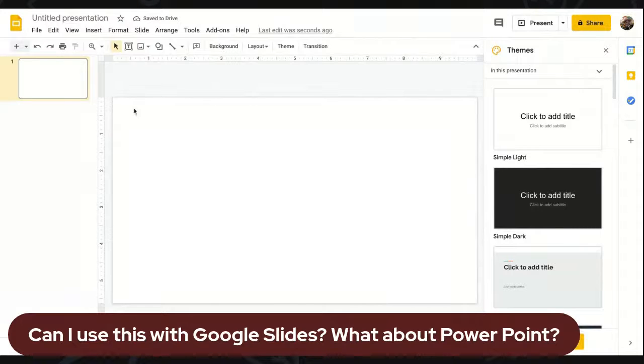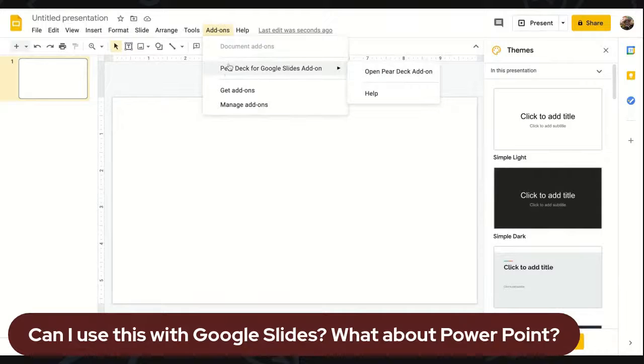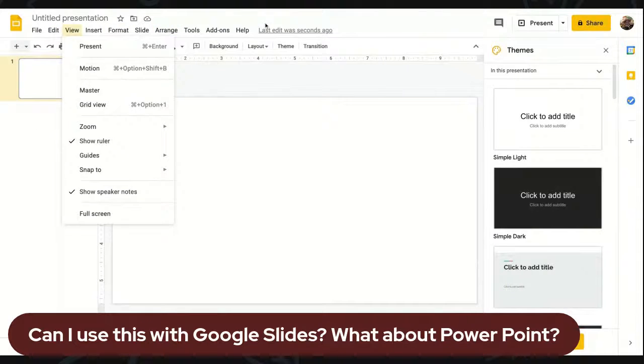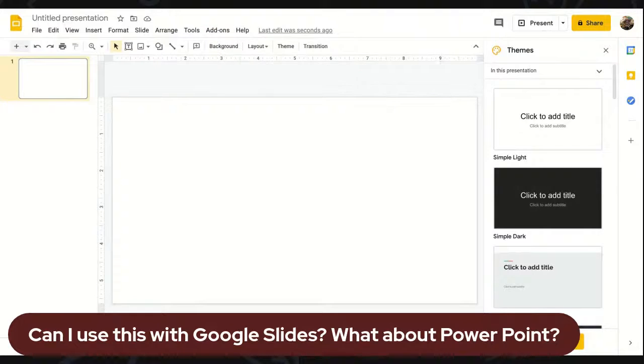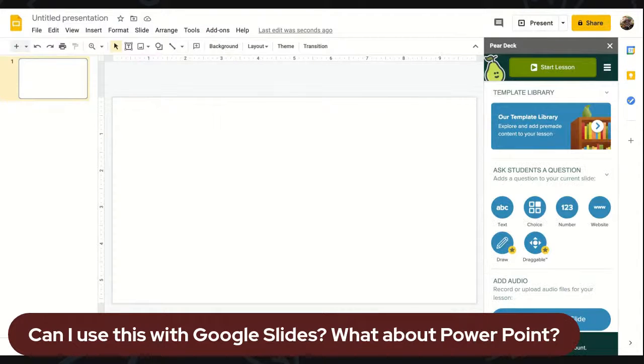Now, when we're talking about Pear Deck, we're going to use it as an add-on. I have already downloaded it. It didn't take long, and you're going to the add-on section in your banner menu. Here we are. And you're going to open this. Now, this is important for presenting. When you're presenting or wanting to do this, even though your presentation is in Google Slides, you're using Pear Deck